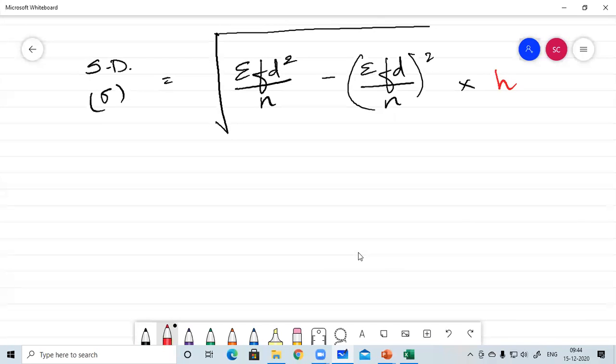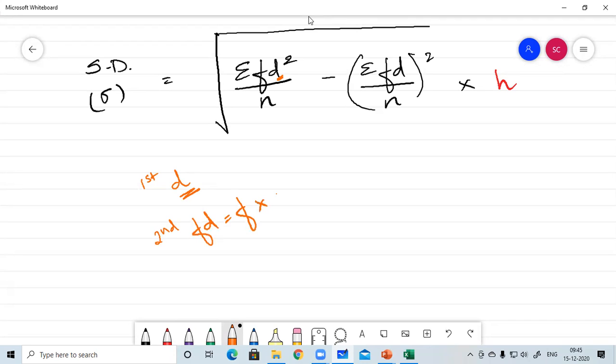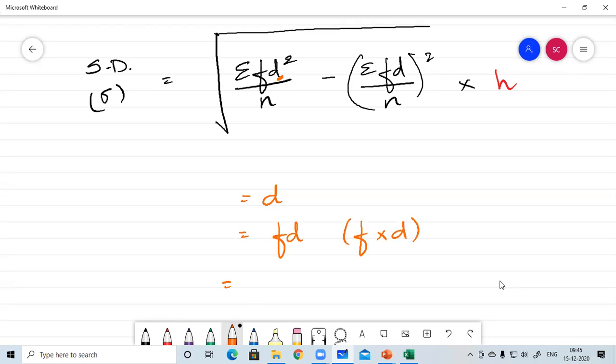First thing we need is D, most important. Then we need to find the columns. The first column we need to prepare is your deviation column. The second column we need to prepare is FD. So FD represents F into D. Kindly understand, FD represents F into D. So writing it all over again, explaining it to you: first thing required is D, which is easy to find out. Then we require FD, simply F into D. And the last one is FD square.